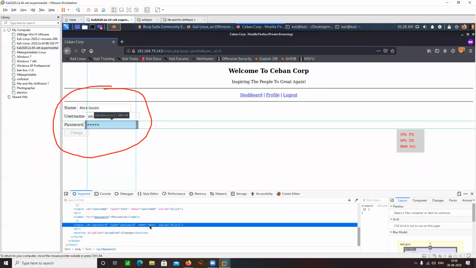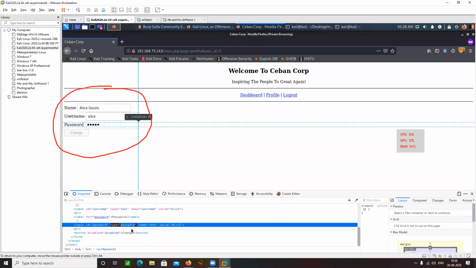Oh, not the name. This is the field. Just type text here. So I can even see the password here. So it is just a representation of a more privileged page. It is a privileged page which will only be accessed via some authentication mechanism. But by changing the object value in the URL, I'm able to hop into other people's accounts.